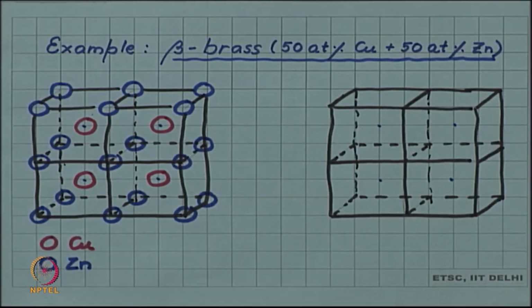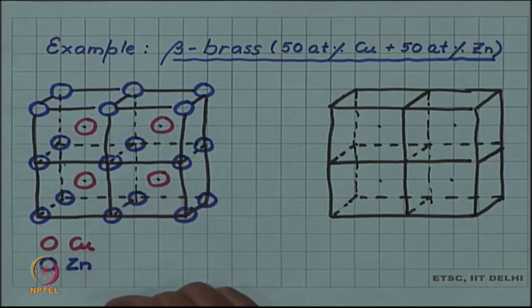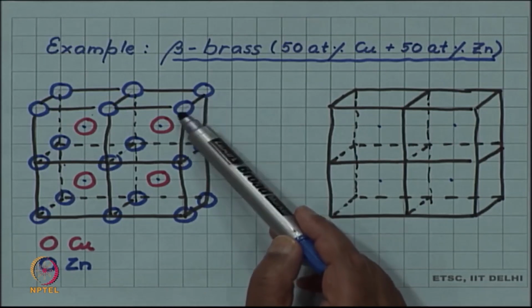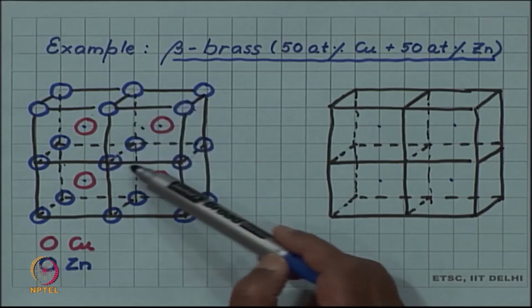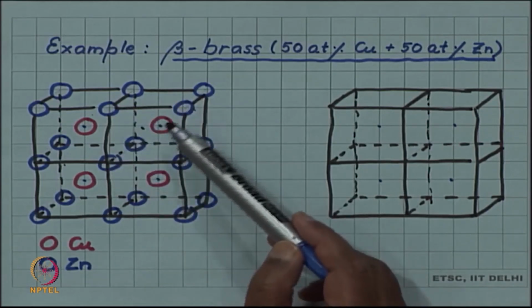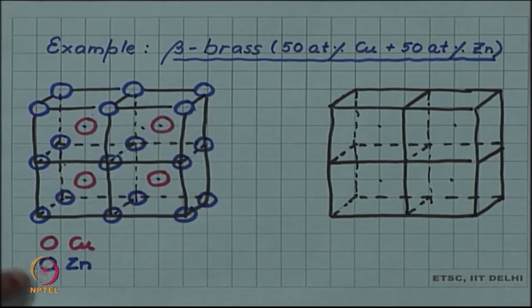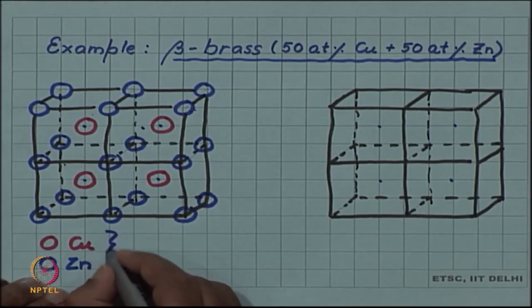It is a body centered like structure, but all the corner atoms are zinc and all the body centers are copper. And you know from your crystallographic calculations which we have done before that corner atoms contribute only 1/8 to the unit cell. So, in every unit cell there is one copper atom and one zinc atom. So, it is a 50-50 solid solution, 50% copper, 50% zinc, and copper and zinc are on very specific sites. So, this is an ordered solid solution,